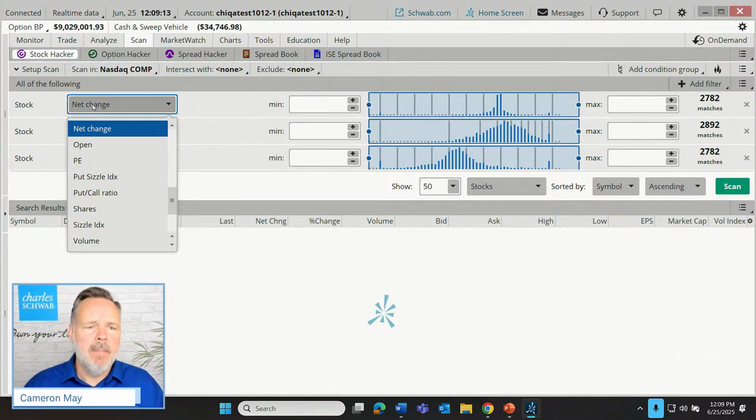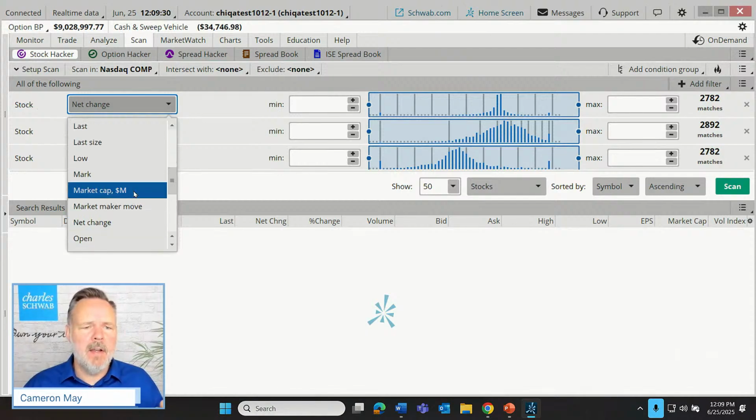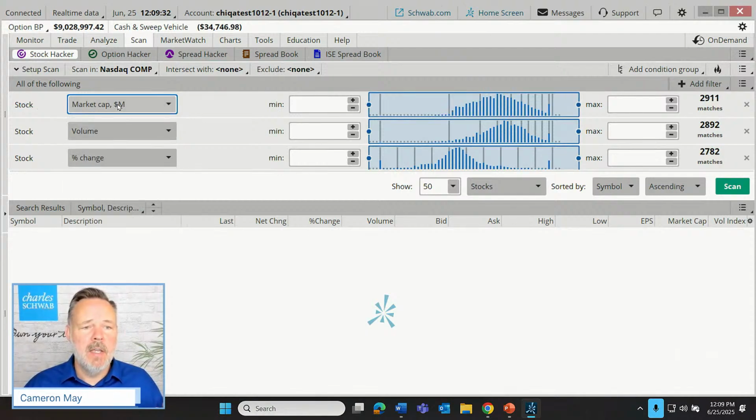Let's say, first of all, maybe our trader isn't really interested in lower capitalization stocks, small companies. Maybe they're not interested in the volatility that tends to be inherent to a lot of those kinds of companies. So as our first criteria from our default menu, let's come down here and choose market capitalization. And you'll notice here it says $M, which means we're going to be looking for millions of dollars. Okay, well, that's going to be the default unit.